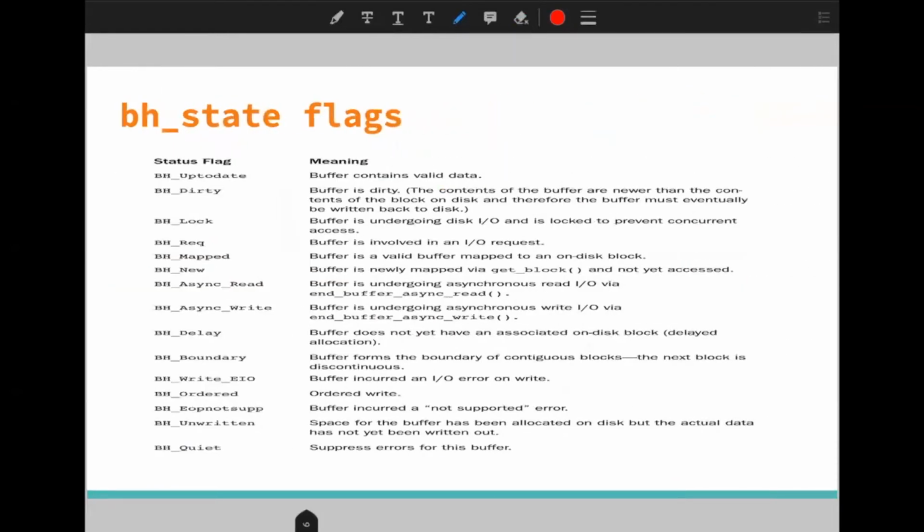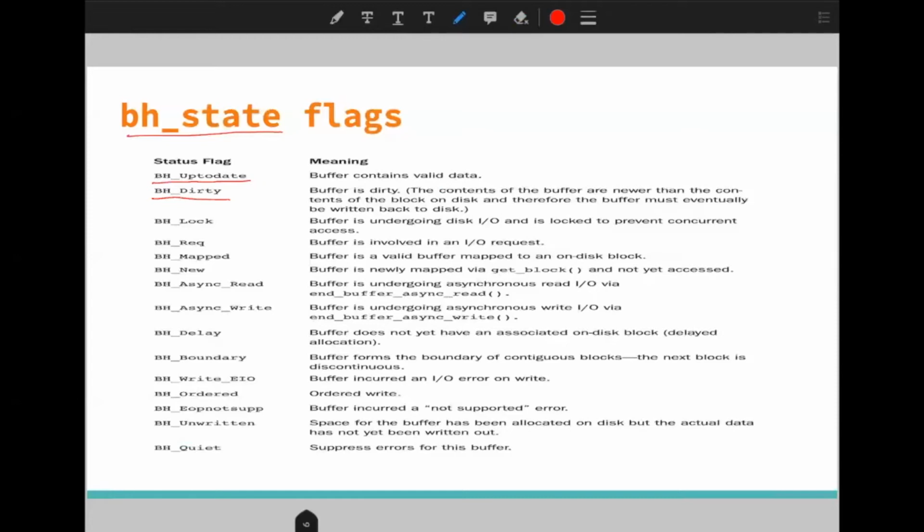Let's now discuss the BH state flag, that means the buffer head state or the buffer's state. When BH_Uptodate is mentioned, that means the buffer contains all the valid data. When we have BH_Dirty, that means our buffer has been modified and it is not synced with the disk.